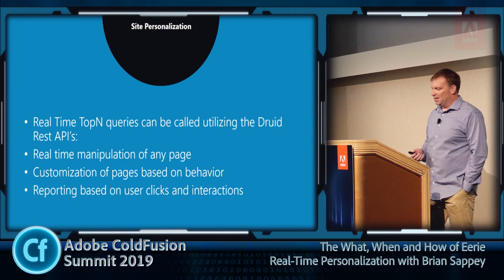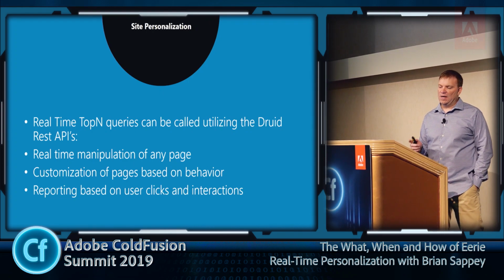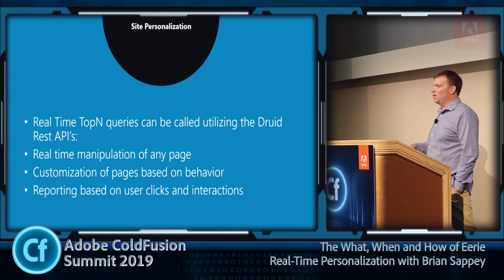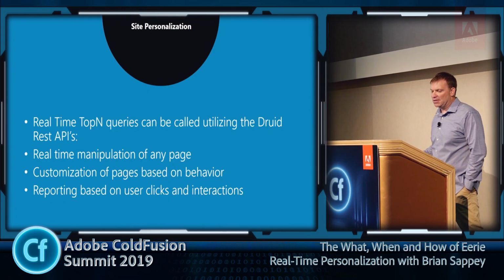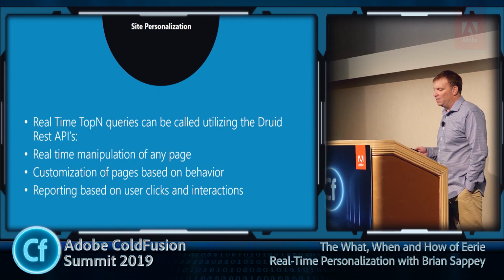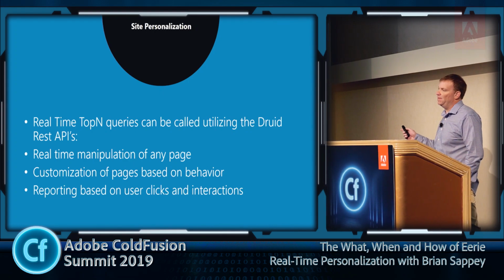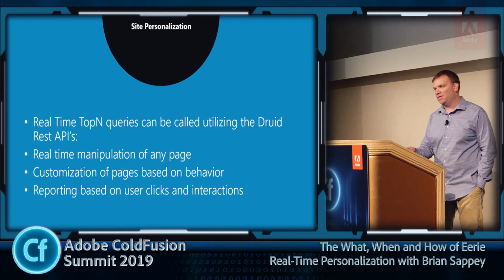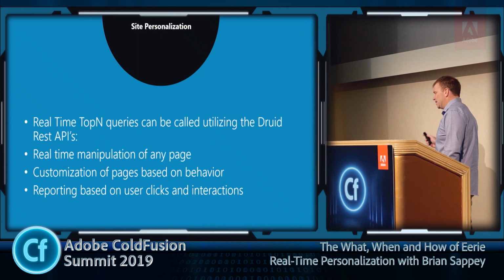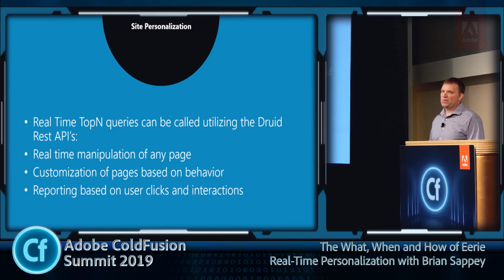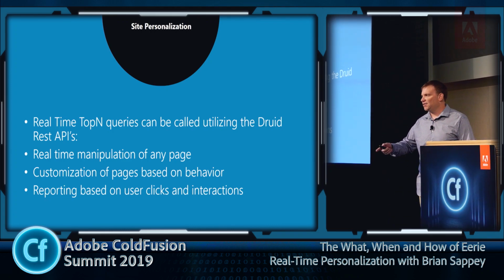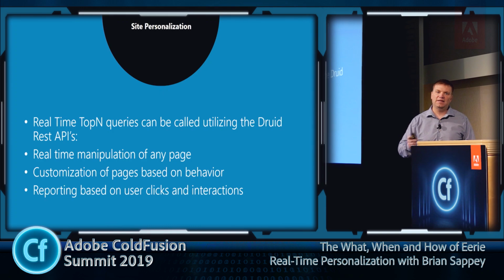As far as personalization goes, this is a particular way you can look at it. Maybe this is more focused if you're looking at monetary ways to exploit this and start to use it on your sites. Top-end queries can be called utilizing direct REST APIs. That's the big bonus of Druid: every single function of the query is exposed to a REST API. This allows us to go directly into that Druid layer, get data out, and then influence the